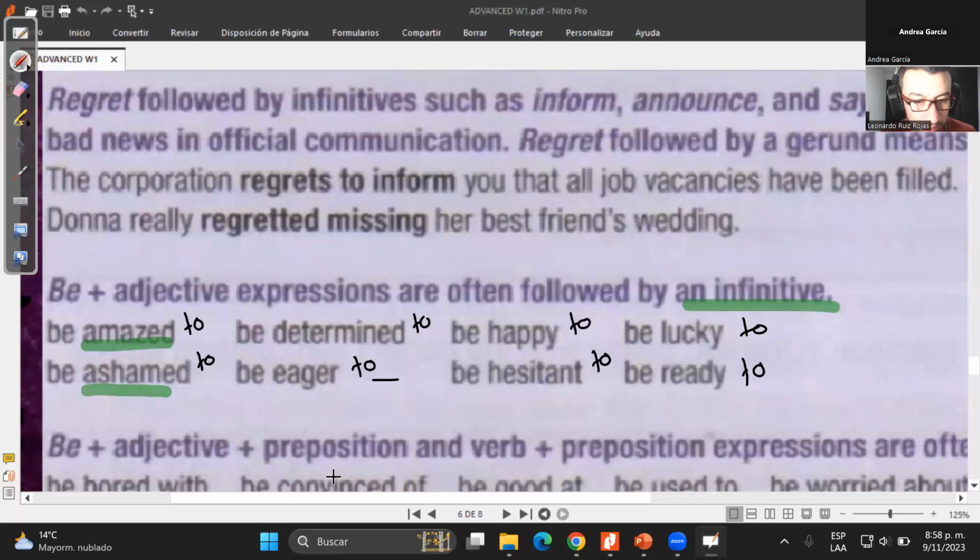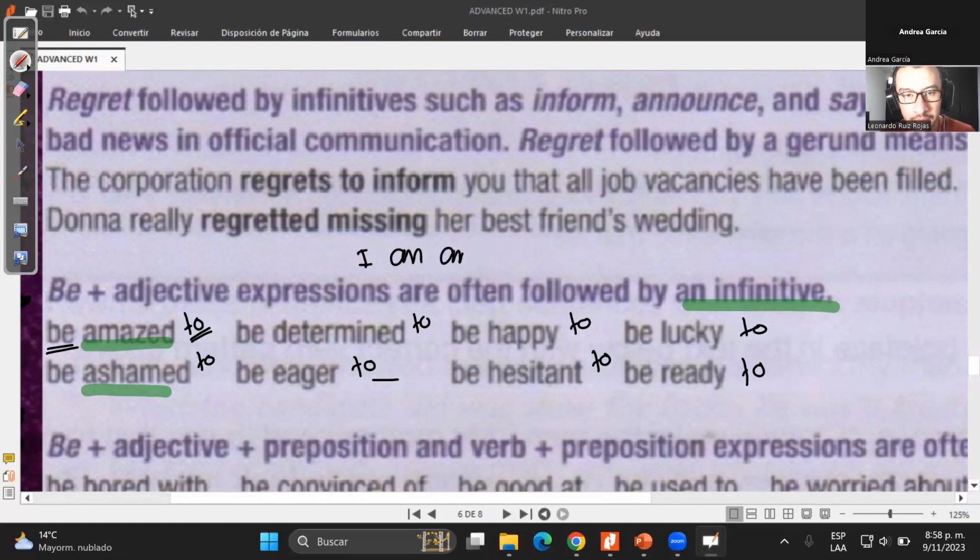Be lucky to. Si te fijas, ninguna de estas tiene preposición al final. Cuando tienen preposición, por ejemplo, be good at, in that case, I can use the gerund. ¿Cierto? Cuando tengo otras preposiciones, pero estas expresiones, que son también con adjetivos, pero no tienen otra preposición, van a usar to y luego el verb infinitive, ¿cierto? Entonces,